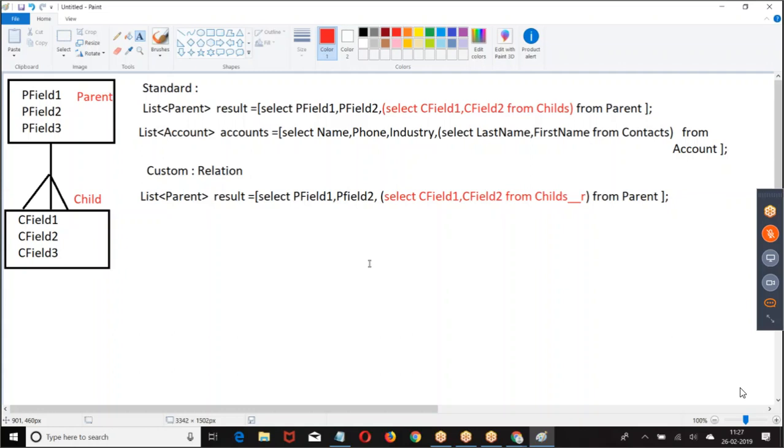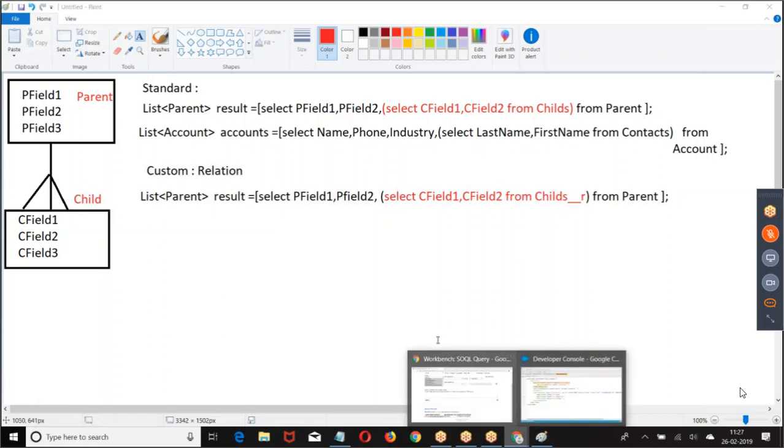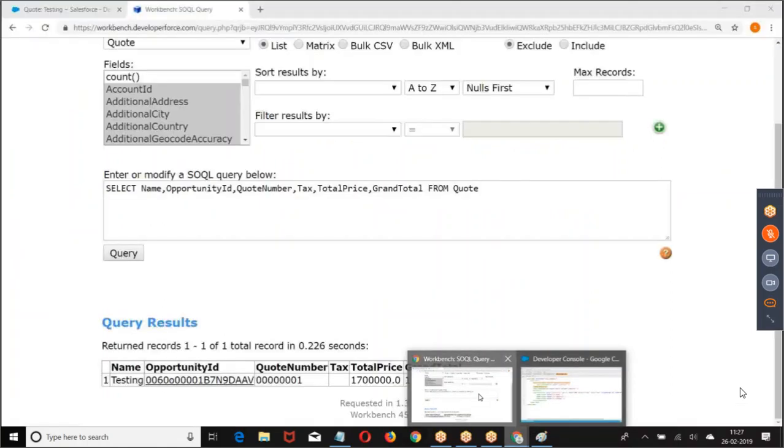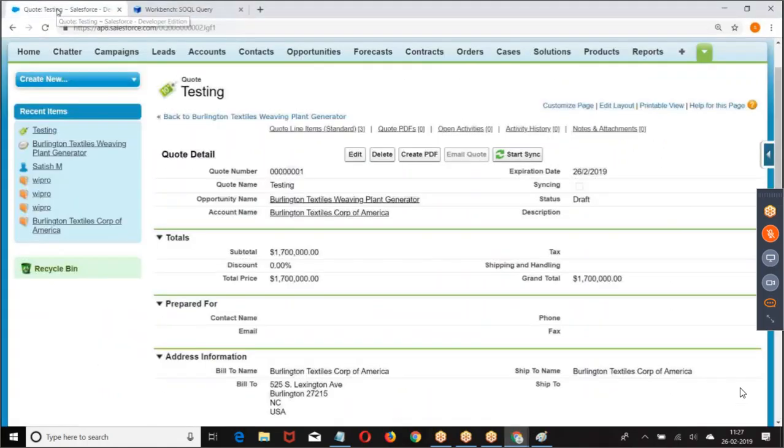Now, if you remember, we used to give lookup relation, master detail relation. Everyone listen here.